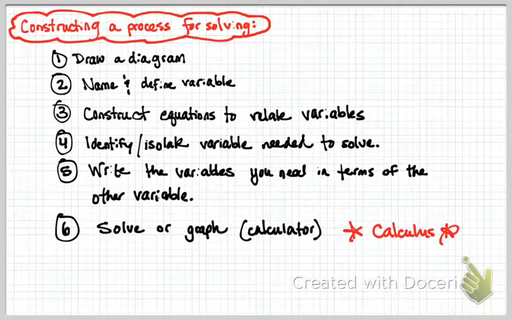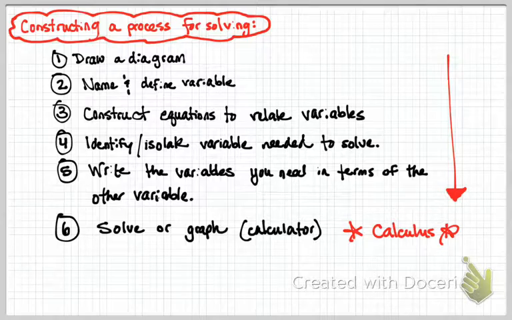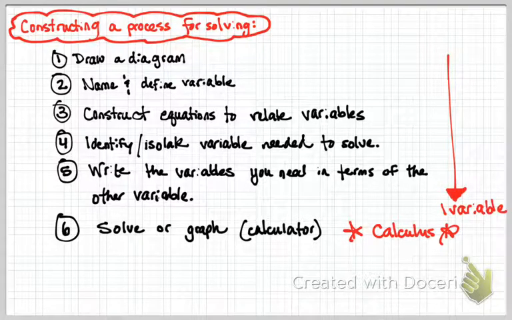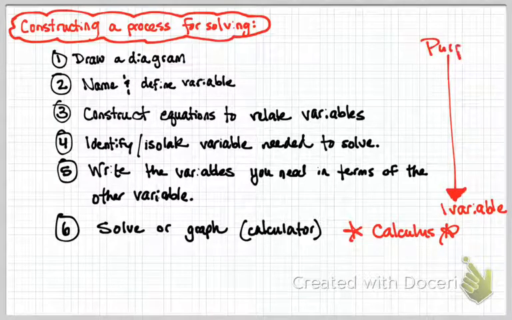Now, 1 through 5, generally, big picture, what are we trying to do? Find variables. As we move through the process, what's the main goal? Well, we're creating equations to do what? Narrow it down to how many variables? 1. We were trying to narrow down to 1 variable so we can solve. You start out with 4 or 5, there's no way you can do anything with that. The whole purpose in this, or the goal, is to get it down to 1 variable. Okay? Now,